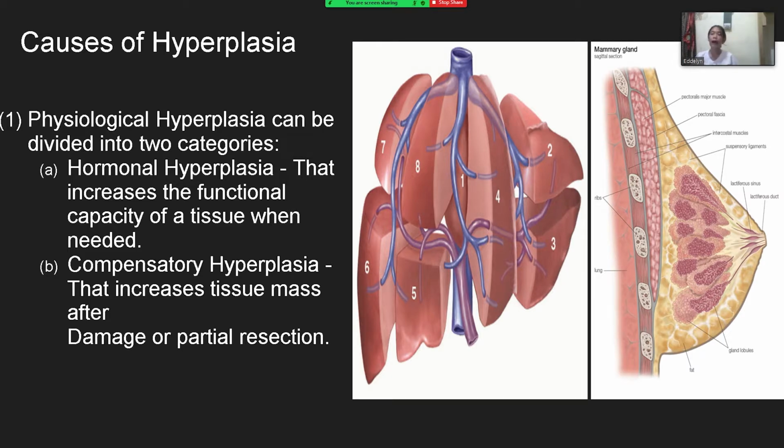So now, paano naman natin malalaman whether mag-undergo ng hypertrophy or hyperplasia ang cell? Para malaman natin, we have to look at the cell type. Bakit kailangan natin isaalang-alang din ang types ng cell? Dahil ang cell type ay ang nagdidictate kung ano ang mangyayari sa cell, kung mag-undergo ba siya ng hypertrophy or mag-undergo siya ng hyperplasia. For example,